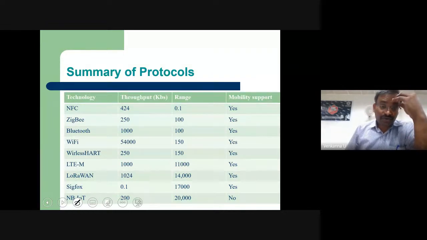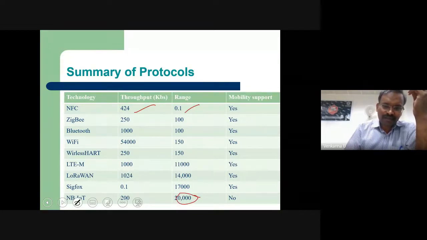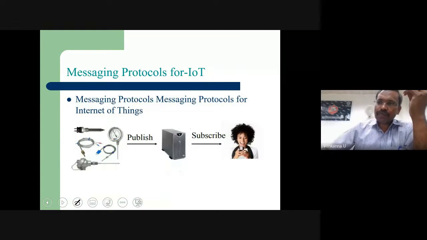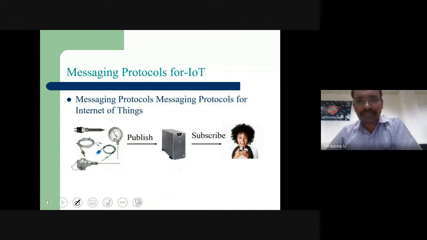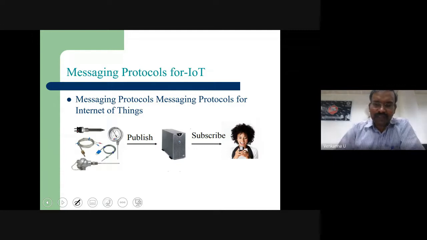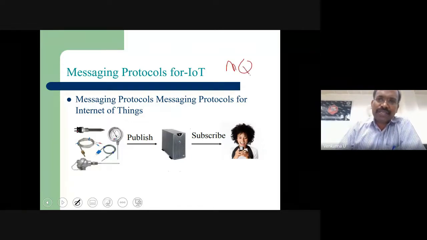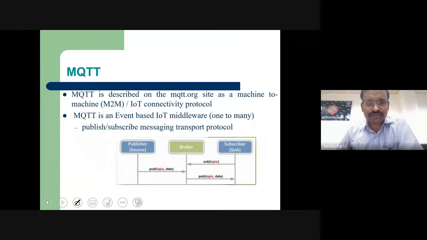And also communication protocols, you can see these are the NFC. What is the throughput range? What I'm talking about, the highest range is NB-IoT, LoRaWAN, and LTE, and so on. Mobility support, everything has. Now, when you come to message protocols, this is about communication, but this is not in the matured stage. But as everybody is looking into the communication aspect, they should know an important protocol is MQTT. I may spend another 2 minutes on this Message Queue Telemetry Transport protocol.